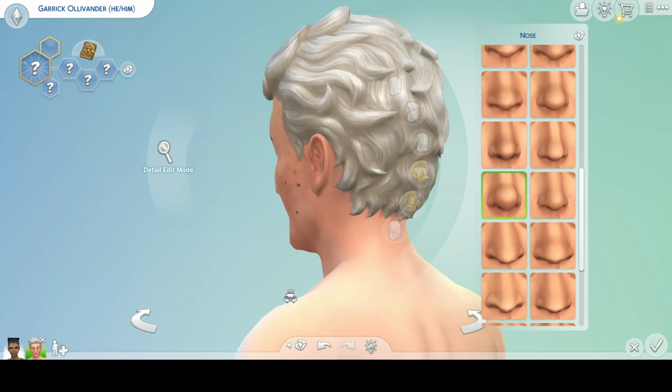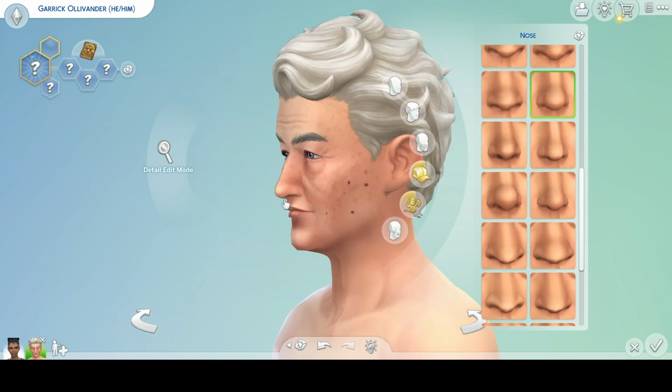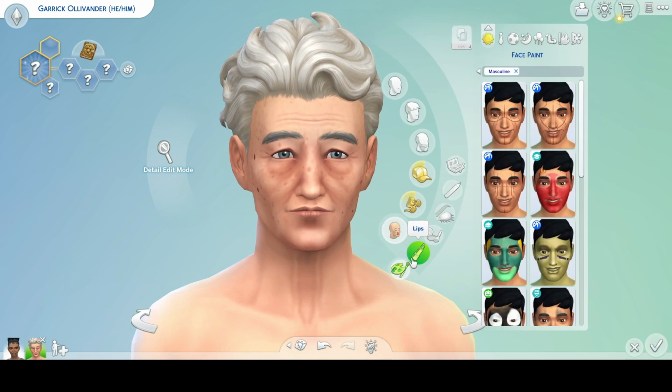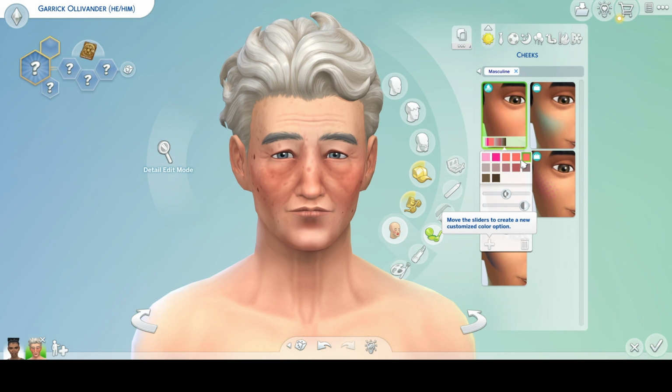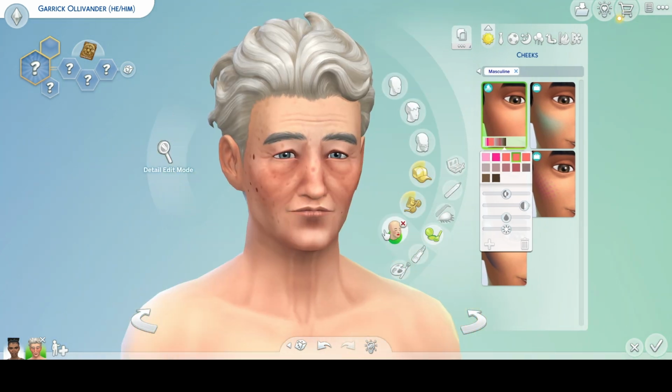So as you can see, Ollivander's pretty old. So I'm toying with his nose at the moment. He has got the biggest nose ever, and I tried to replicate that. Tried to give him bushy eyebrows and just make him look as unique as possible, because it would absolutely break